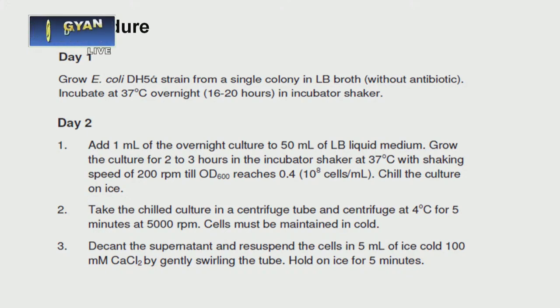What will you do next? You will transfer the culture in a centrifuge tube, cool the culture on ice for some time, and then centrifuge it at 5000 revolutions per minute at 4 degrees centigrade. Be very careful that all the steps should be performed in ice cold condition. You need an ice bucket where you need ice, and you need a cold centrifuge machine where you can set the temperature to 4 degrees centigrade,